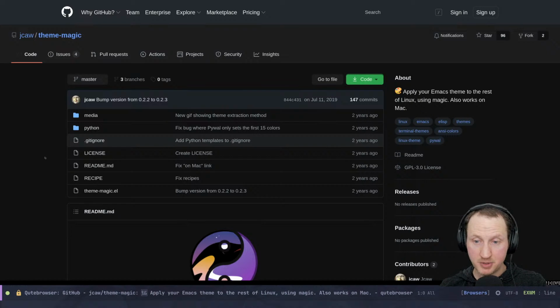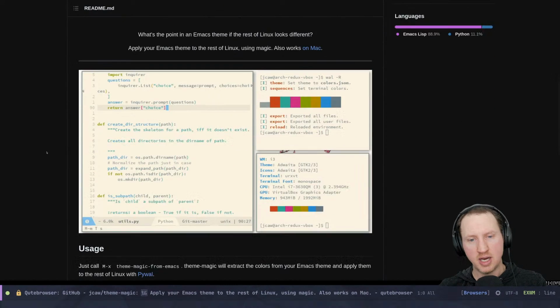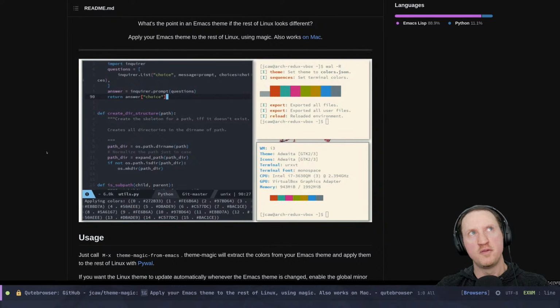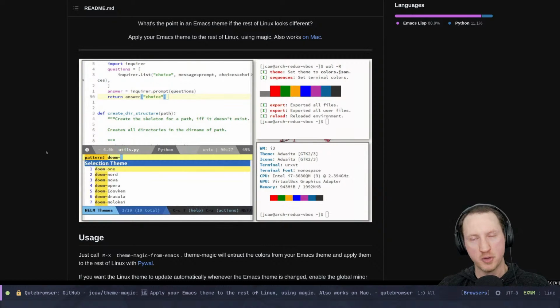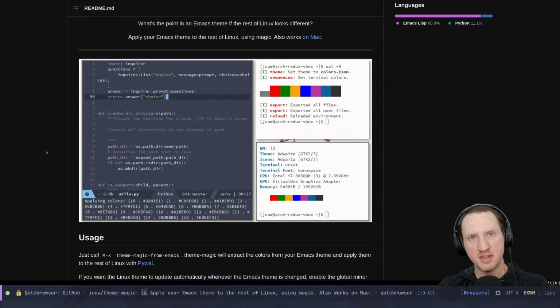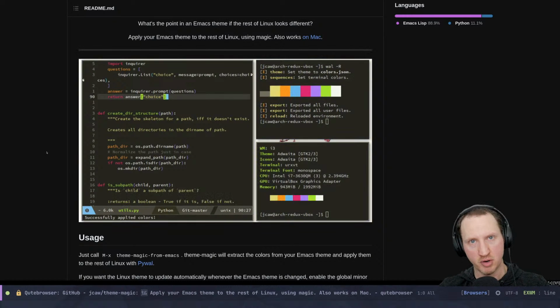Apply your Emacs theme to the rest of Linux using magic. See, I've thought about this kind of thing before, but I didn't know that anybody had actually done it. Depending on how far you've gone with Linux customization before, you've probably seen this idea of using the X resources file to set colors